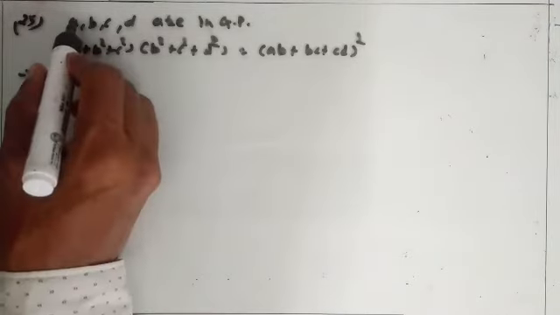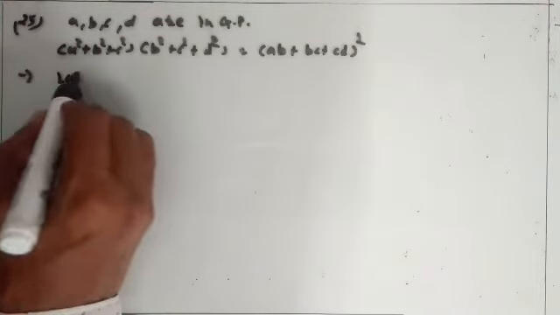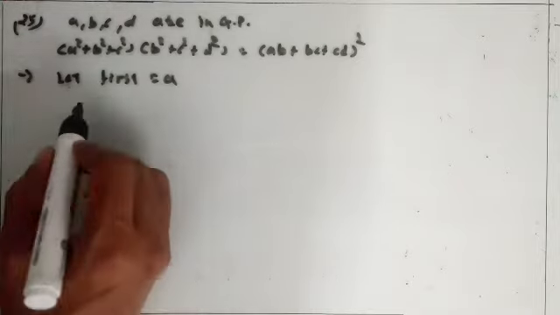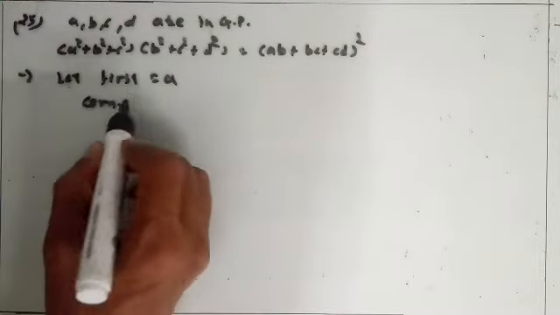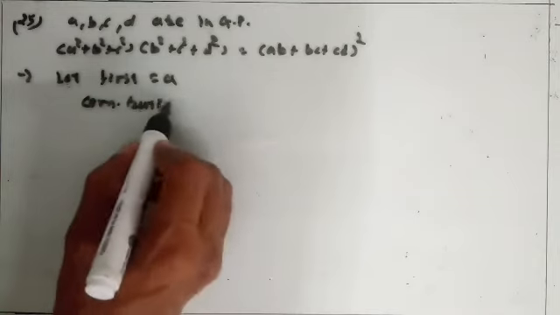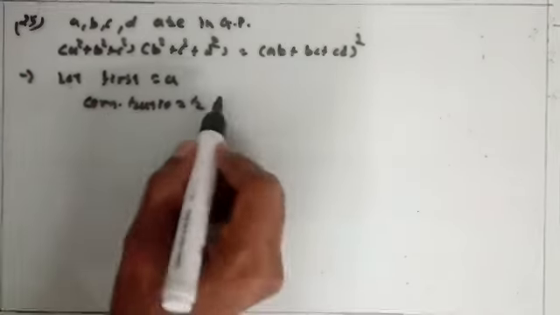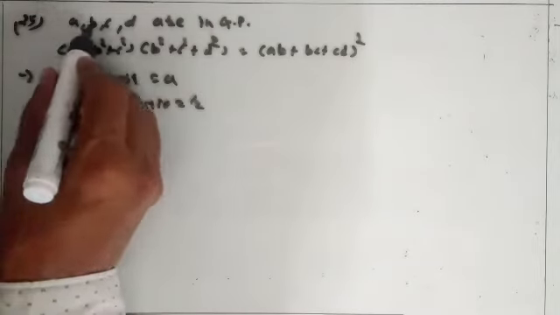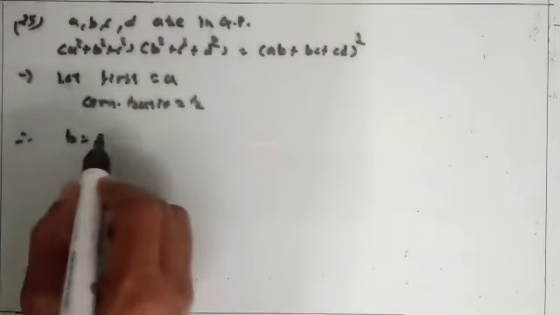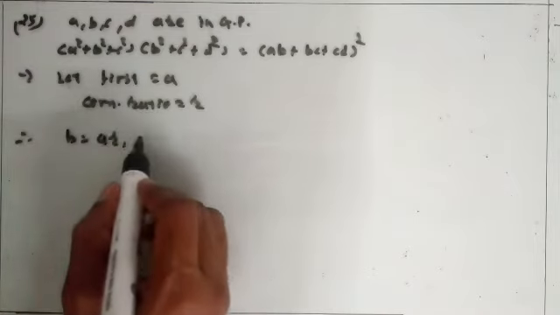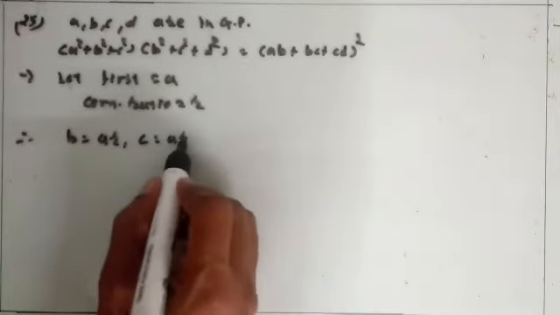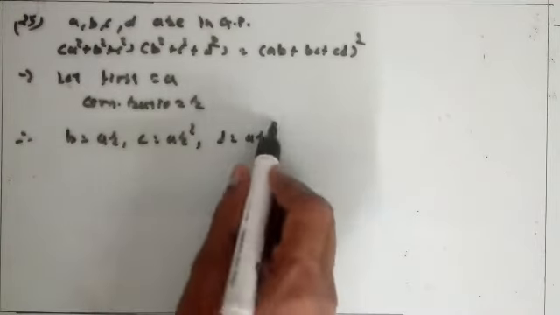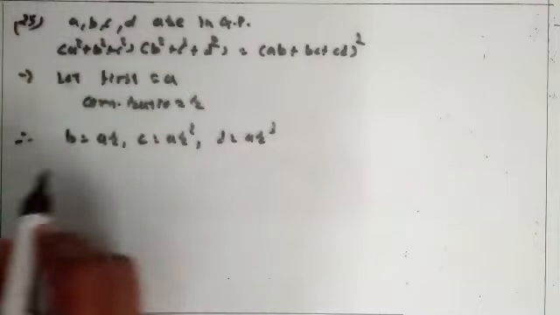First term, suppose a. Let the first term be equal to a, and the common ratio be equal to r. Therefore, here the first term a is already given. So b is equal to a into r, c is equal to ar square, and d is equal to ar raised to 3. Now LHS is equal to,